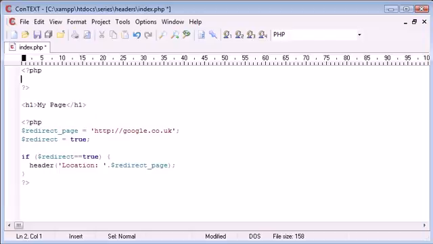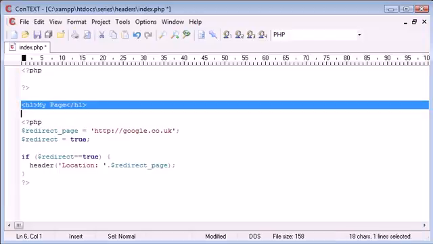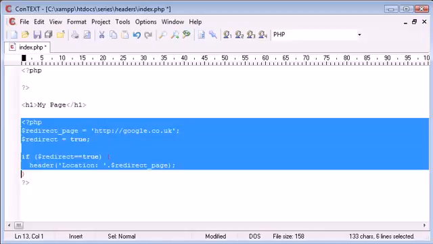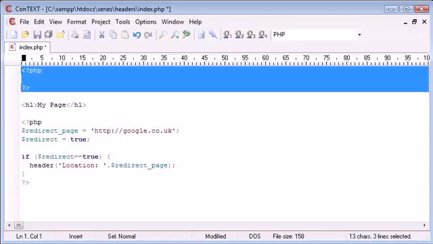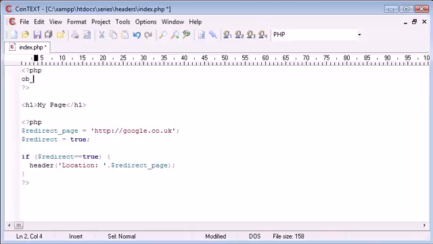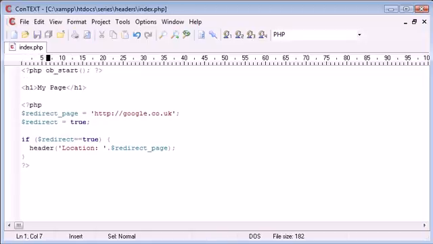So I'm going to create some PHP tags up here before my output and also before the code that uses the header. So this is going at the very top of my page before any output, and we use ob_start, just called simply on its own with no arguments supplied. You can also pull this up a bit so it looks a bit neater, all on one line. Okay, so ob_start will not output anything on the page. Well, it will, but the page output will be stored in an internal buffer rather than